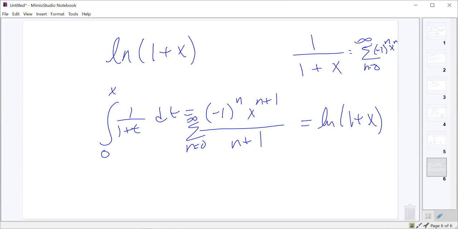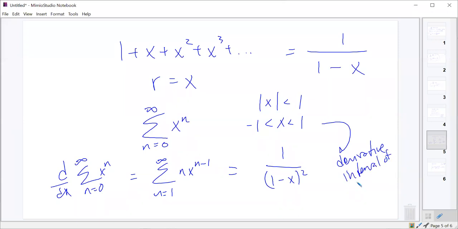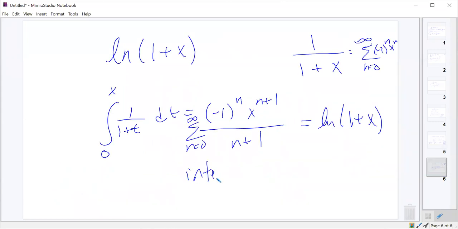Eventually we started talking about the intervals of convergence. We talked back here about the interval of convergence for this. This is the absolute value of x is less than 1, so our interval of convergence was negative 1 to 1. And when you take the derivative of it, the interval of convergence stays the same. So for a derivative, the interval of convergence does not change. Same thing with integration. The interval of convergence does not change,